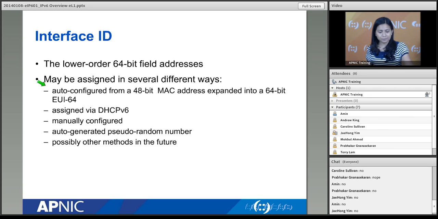That's why they have pseudo-random numbers. Most of the latest operating systems like Windows machines, also the latest versions of Mac OS X, use pseudo-random numbers by default, but you can always switch back to EUI64 if you choose to do that. Okay, any questions?